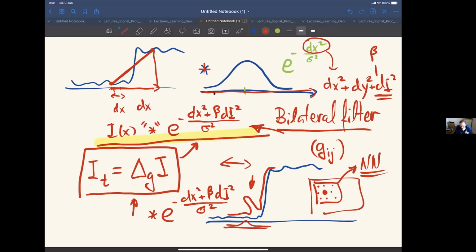So in a nutshell, this is my story about the bilateral and the Beltrami filters. It has to do with the Laplacian. It has to do with geometric flows. It has to do with unsupervised, potentially unsupervised ways of analyzing images. And just a final comment